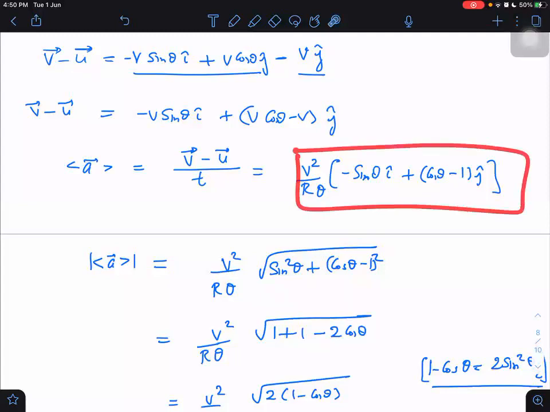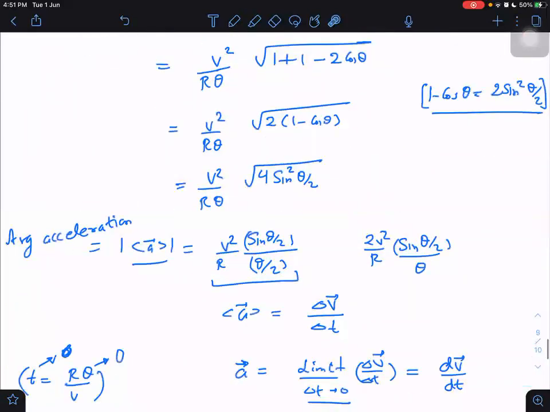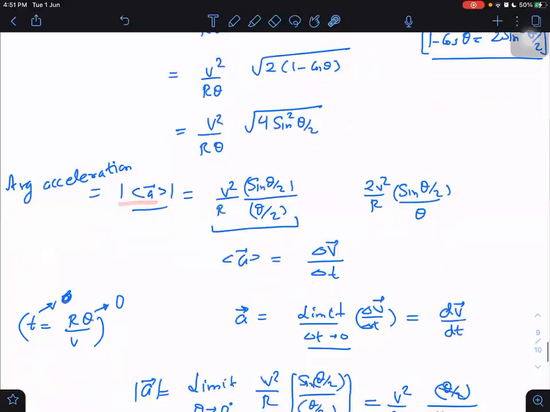after this onwards, when I go to this step, I have already taken the magnitude of acceleration. So the sign is gone here. This is all after that, magnitude wise. I forgot to write mod here in some places, but it is all magnitude. This is all magnitude after that.